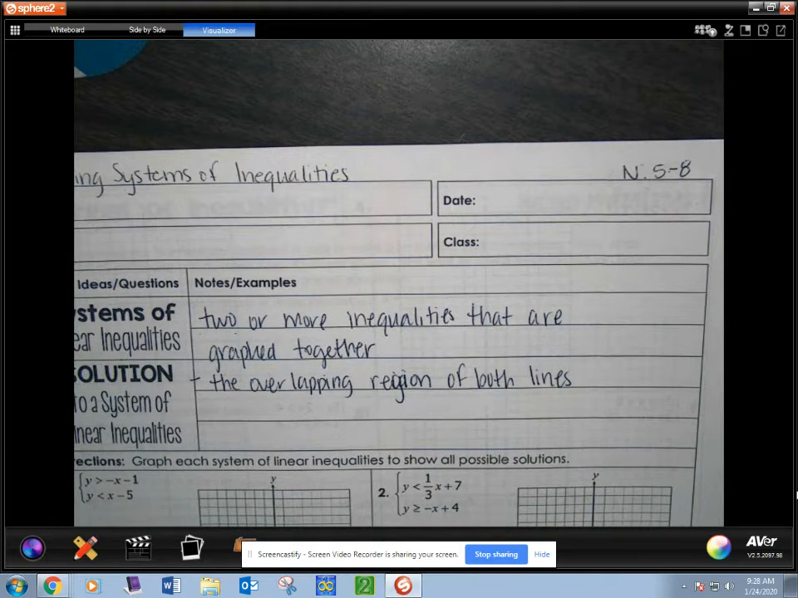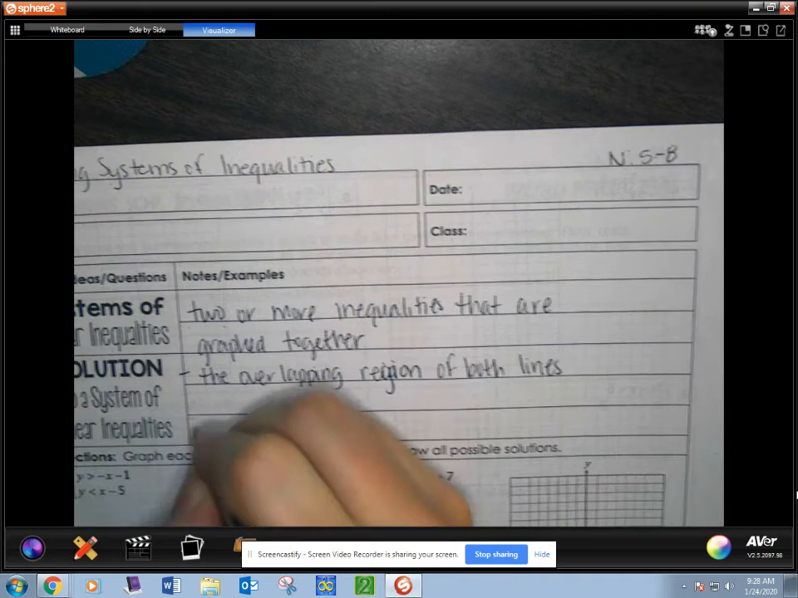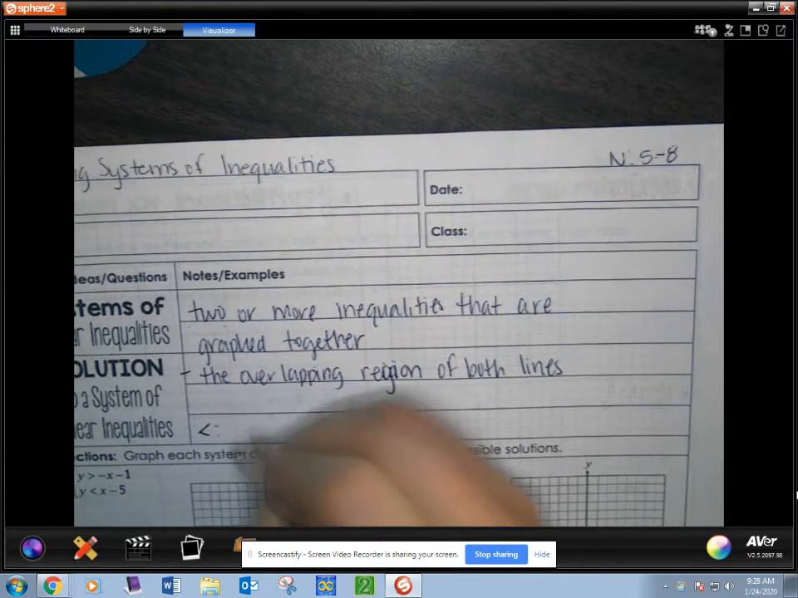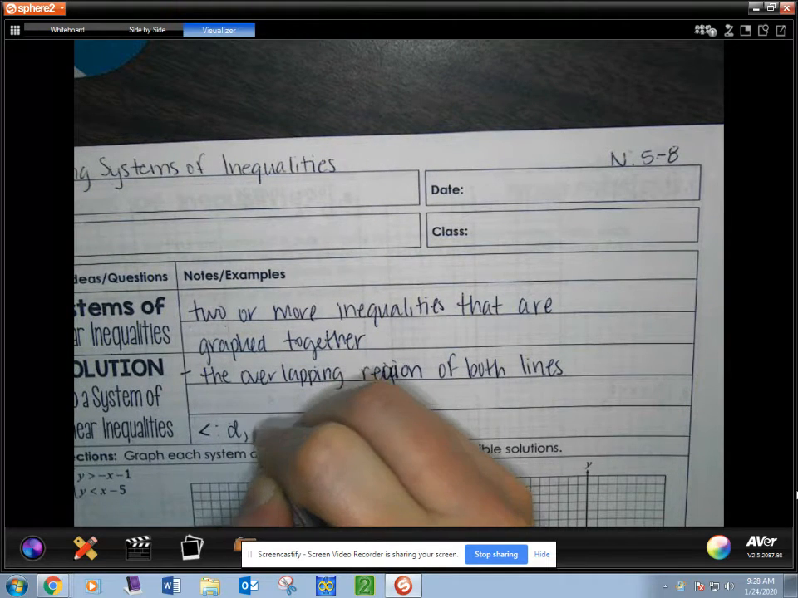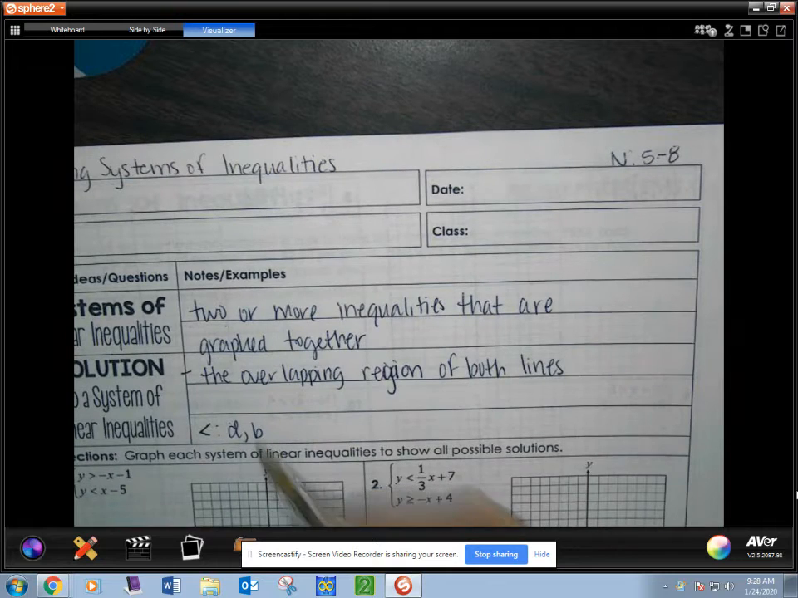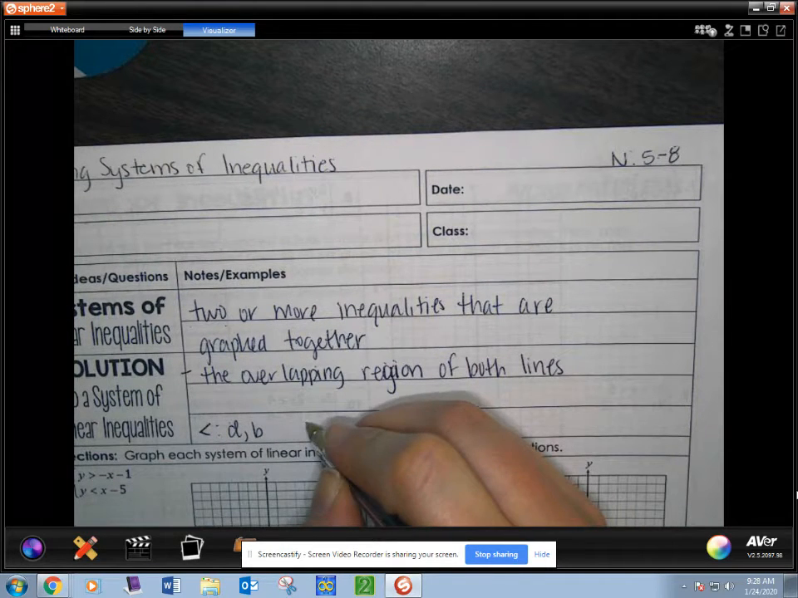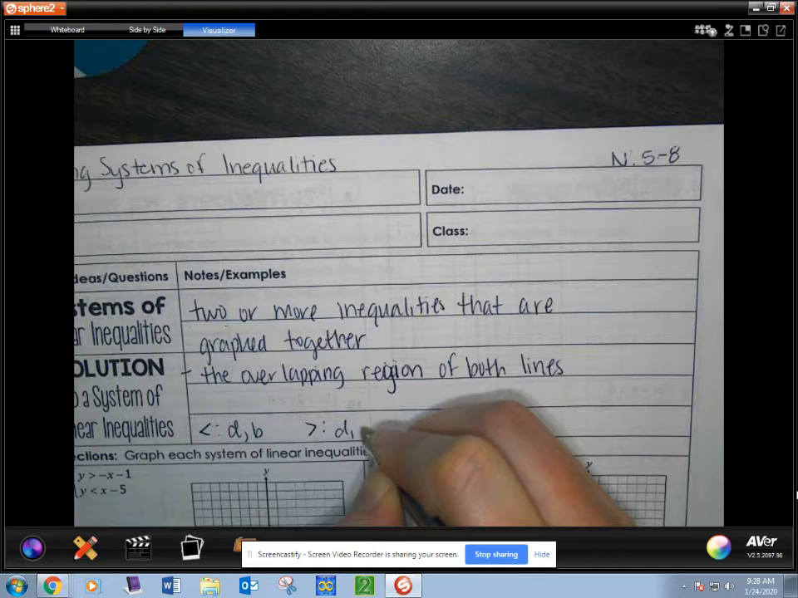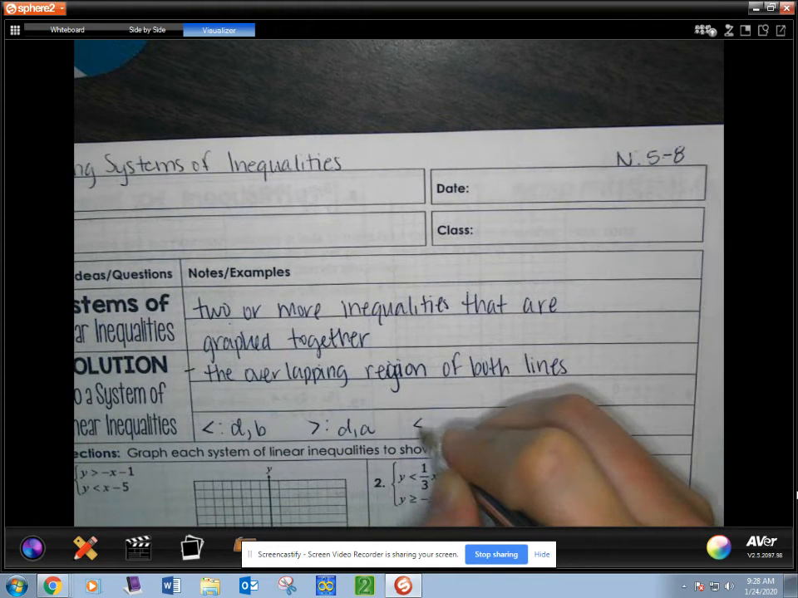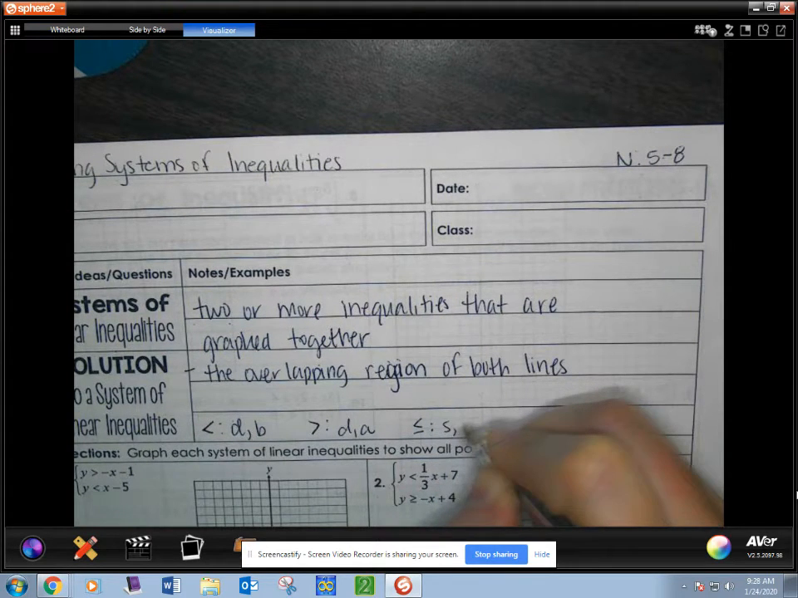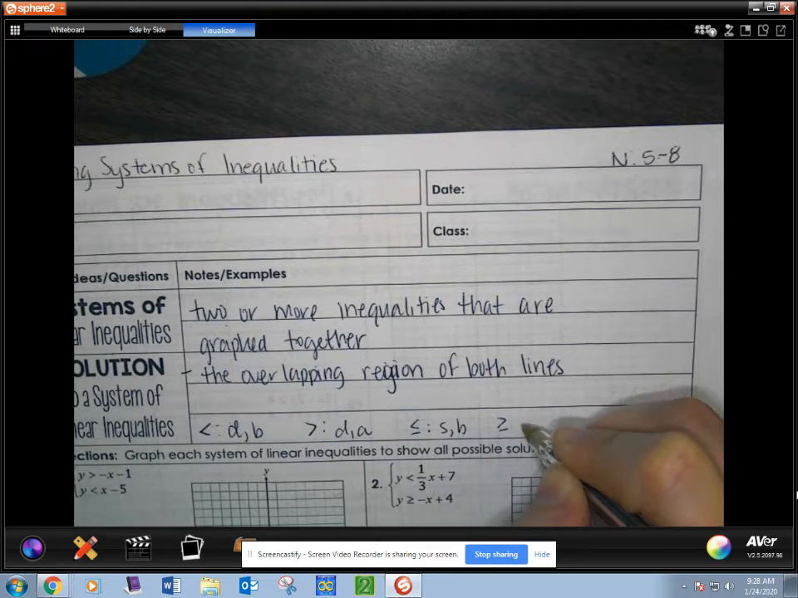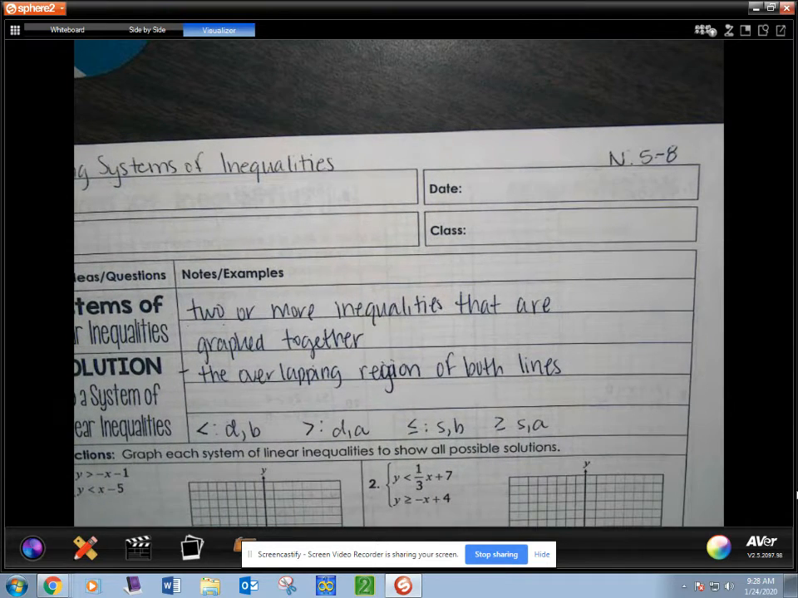Okay, a couple of things that you may need to know for just a quick refresher. Less than is a dashed line and you shade below, so D dash, D below. Greater than is a dashed line and above. Less than or equal to is a solid line and below. Greater than or equal to is a solid line and above. So going over these now,